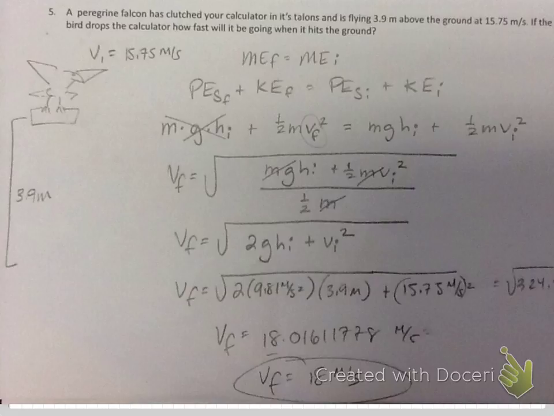So this is really simple. It's conservation of mechanical energy. You've got initial gravity, initial kinetic, final gravity, final kinetic. We get 18 meters per second. Okay? Part of it is knowing that it's a fib. If I get it wrong, it's just